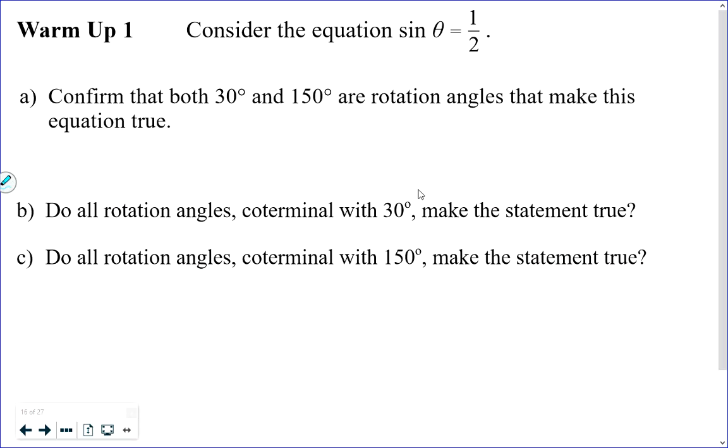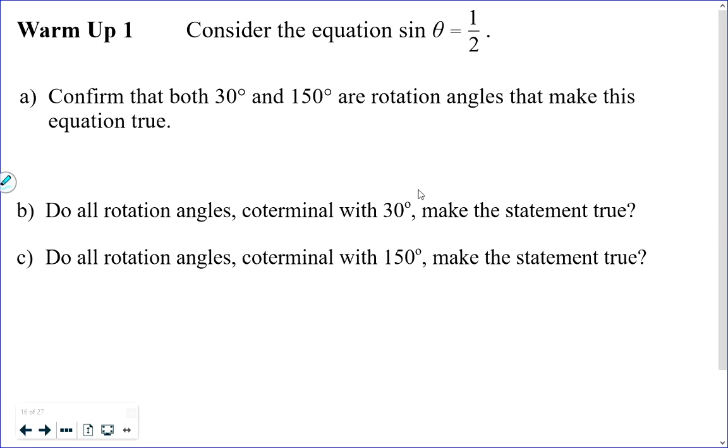So to begin with, consider this equation. It's a very basic equation. Sine of theta is equal to 1 over 2. It's an equation. It has an equal sign and it has an unknown variable theta. We could go to the unit circle, and I will just mime it up here. When you go to 30 degrees, it's this point right here at the tip of my finger. The y coordinate is the value of the sine of the rotation angle, and the y coordinate there is 1/2,